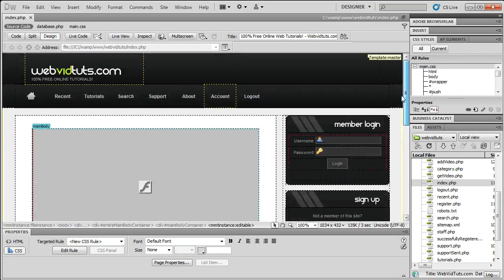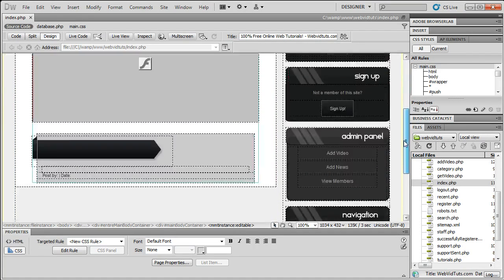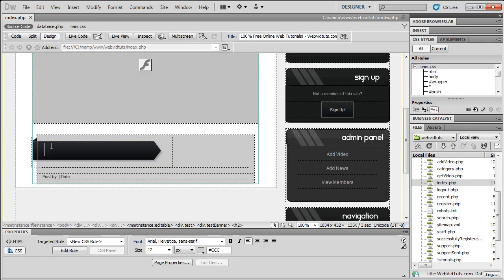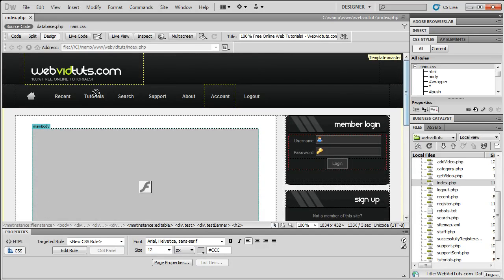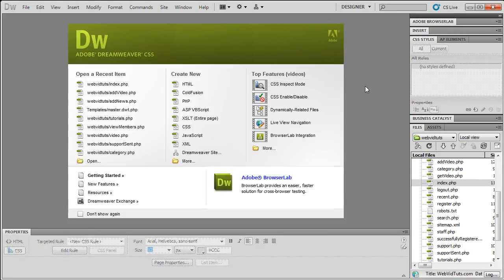It isn't 100% accurate. As you can see, some of the things aren't on there, like this has no text on it because I've got PHP scripts right there. And it has these yellow lines for guides, basically. I don't really want to give away some of the source code for WebVidTuts, so let's go ahead and just go